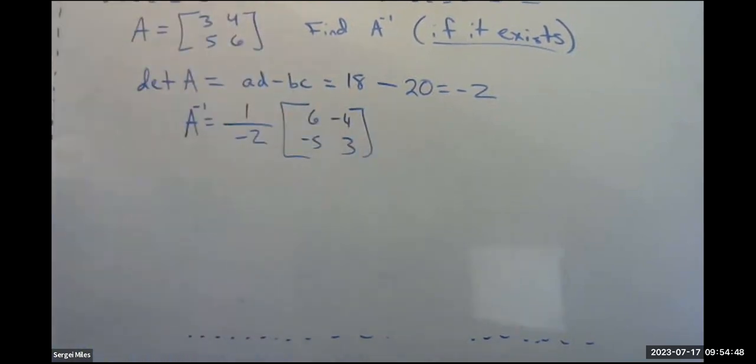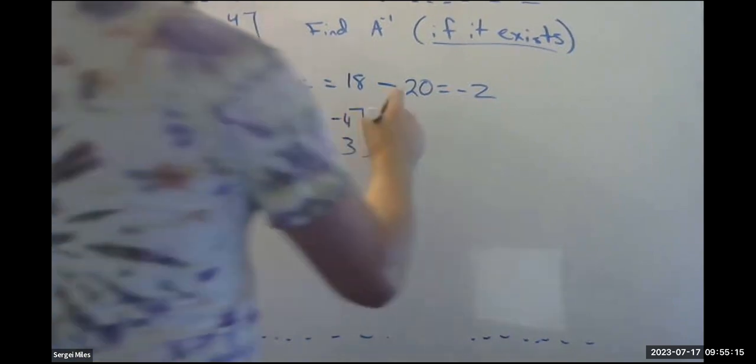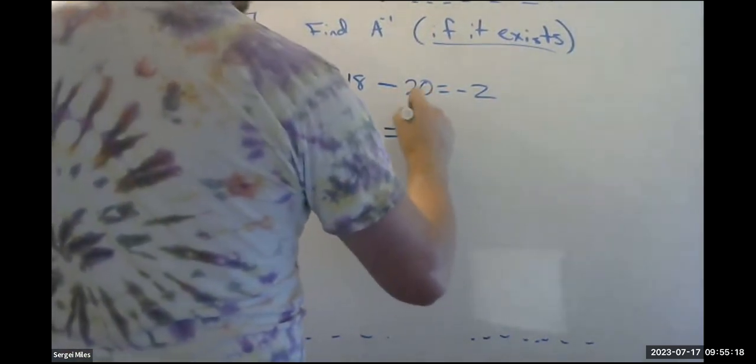And honestly, for a test or midterm, if you wrote just this and that's all you wrote, I would give this full credit, since you might be trying to multiply some weird fraction and get some decimals. This is all I'm really looking for. But if I were to multiply it, then we would get